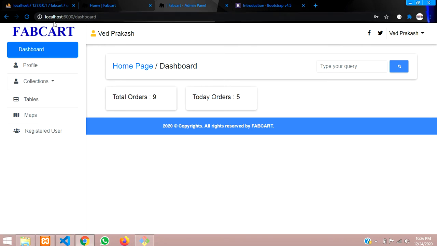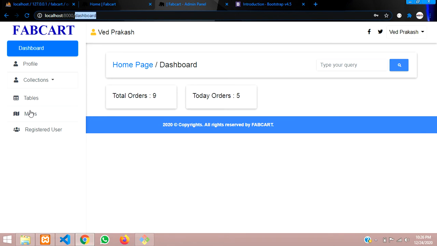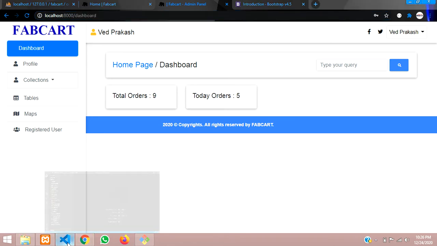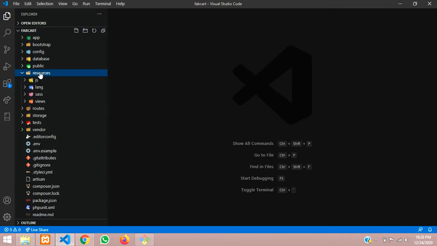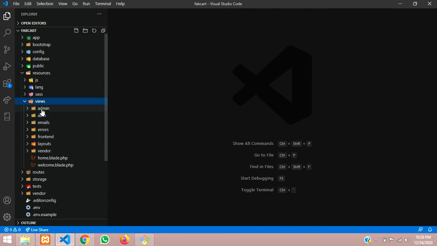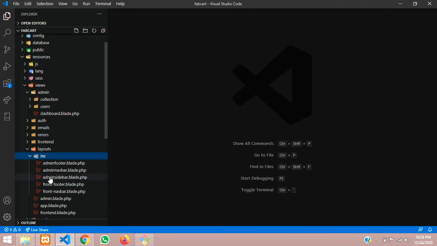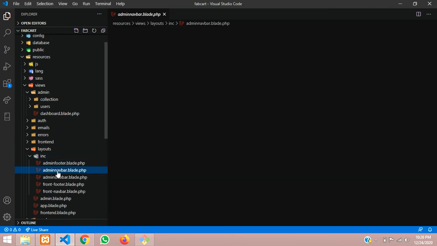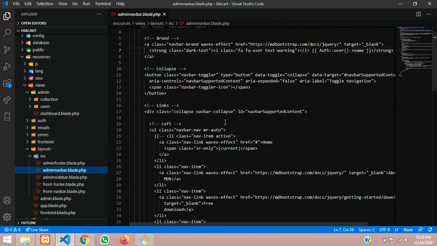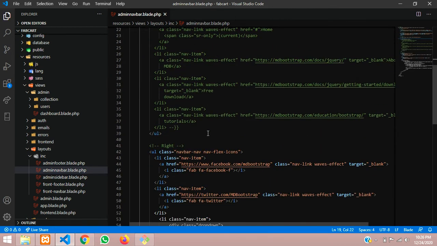First we will go to our admin dashboard and create this order. Instead of a table here, we will change it to order. Done. So let's move it. Let's go to routes, views, inside admin, and inside layouts you will find the admin navbar. Inside this we will rename it.